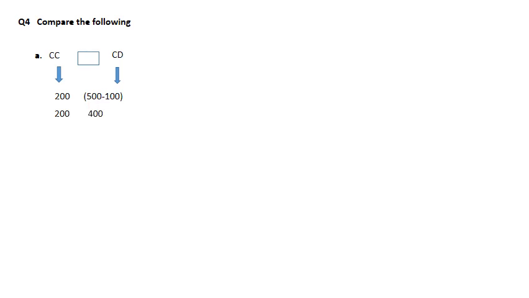Now students, if you see here, this is 200 and this is 400. Now which is greater out of 200 and 400? So of course 400 is greater. So here CD is greater than CC. Okay students, did you understand how to solve this? First the Roman numeral is given. This Roman numeral we will write down in Hindu Arabic numerals, and then we will compare. Okay, did you understand this? Okay, now let's do the next one.